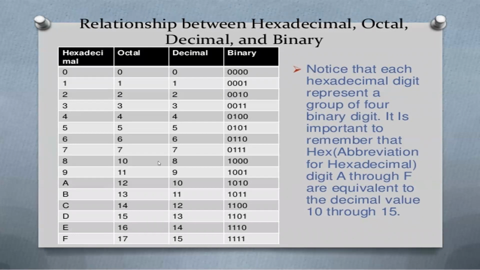ठीक है, तो 7 के बाद आप देखोगे 4 bit नंबर लिखे जा रहे हैं. After 7, 0111 is 7, and then we have 8 as 1000, 9 as 1001. All 4 bits are having some value. ठीक है, और 15 डेसिमल 15 जो हेक्साडेसिमल F है, that is as 1111. ठीक है, so this hexadecimal, decimal and binary, this you have to remember.